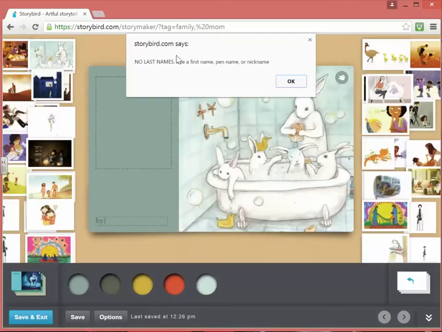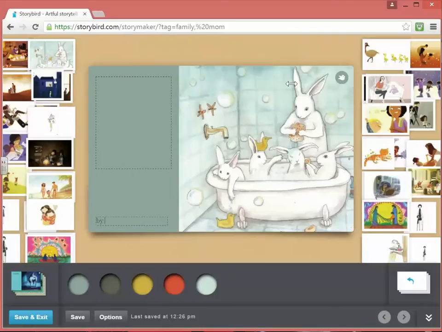Oh, they even give you a hint. Don't use any last names. Just say OK to that, and then come back down here to this text box and say by first name and your grade level. So yours, say it's third grade. You can just simply put your first name, and then probably could put a dash in there. And then the next thing you want to do is put the actual title of your book, which is going to be your Mom's